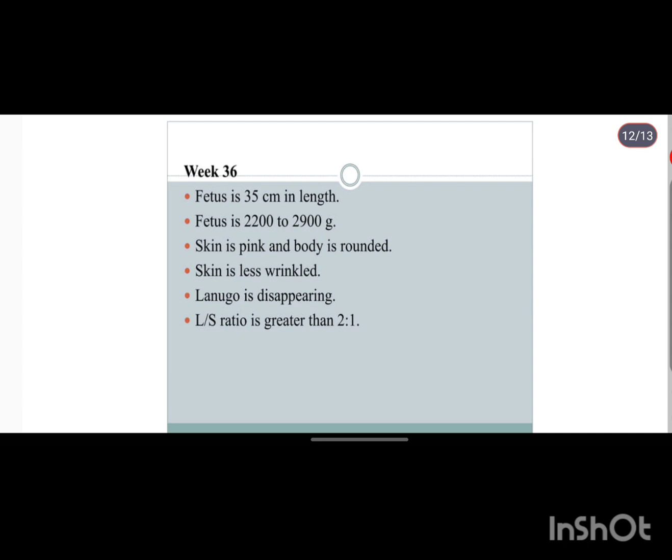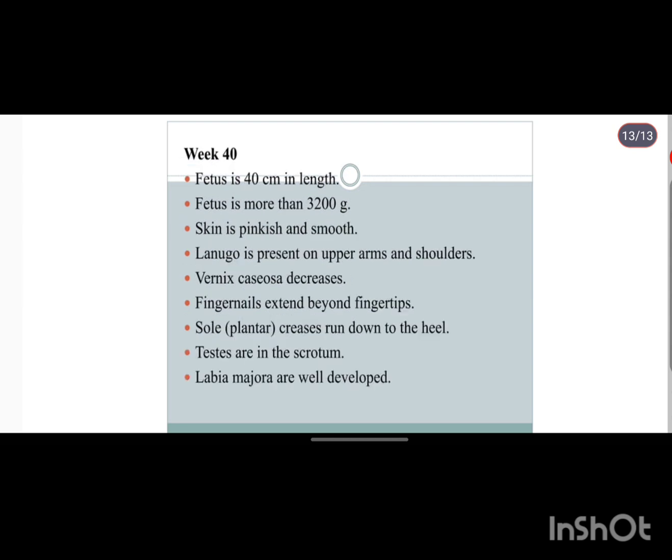The skin is pink and the body is rounded. The skin is less wrinkled and lanugo is disappearing, and the LS ratio, that is lecithin to sphingomyelin ratio, is almost 2:1. And at week 40, you can see the fetus is 40 centimeters in length, more than 3200 grams, and the skin is almost pink and